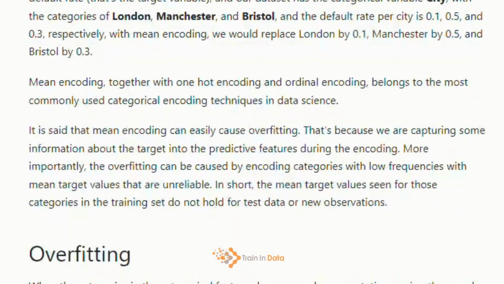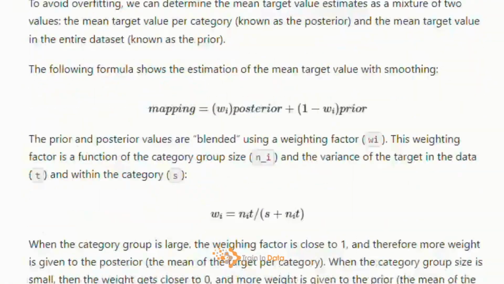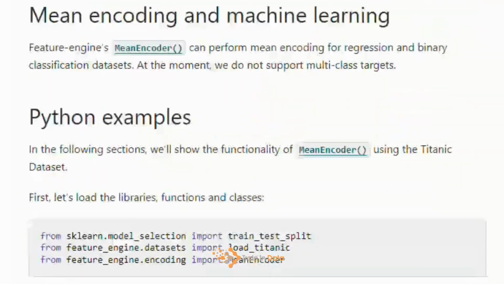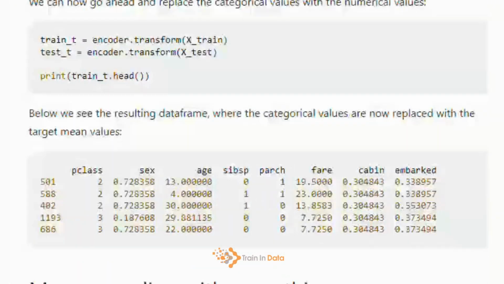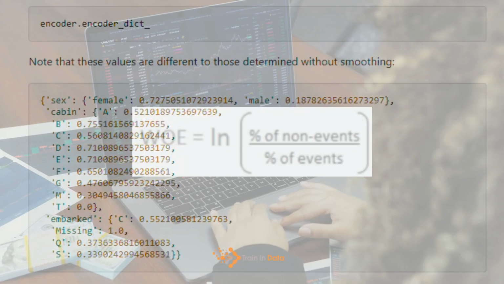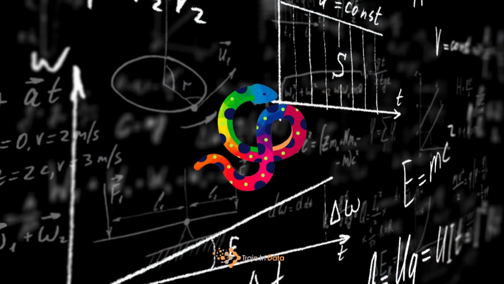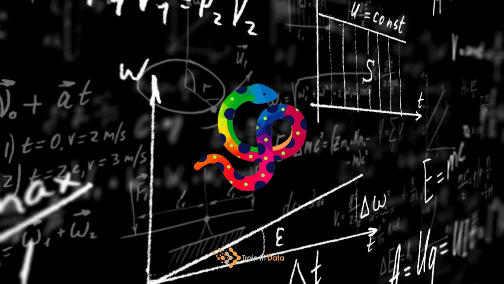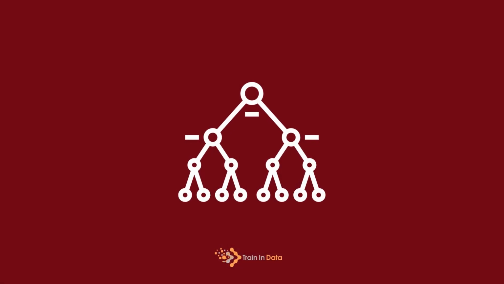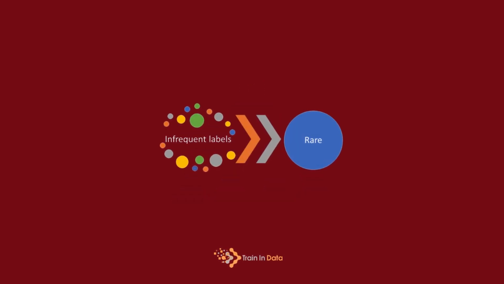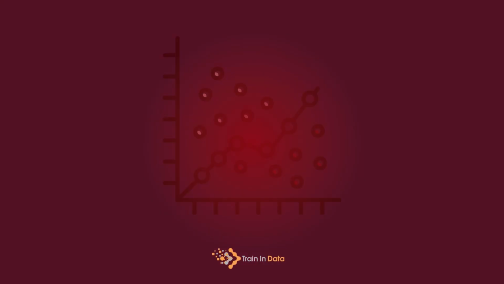to more advanced options to encode categories, like for example using the target mean value per category with or without regularization, or replacing categories with the weight of the evidence. Feature Engine also features transformers to replace categories with the outputs of decision trees, and you can also group rare categories into more cohesive groups to avoid the pain of overfitting or lack of knowledge about how to preprocess rare